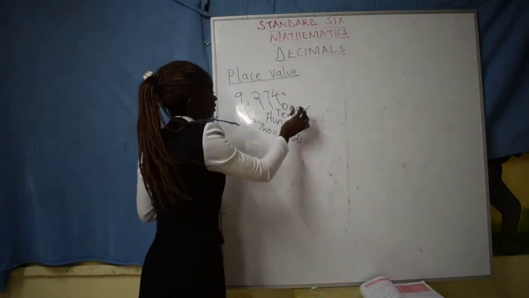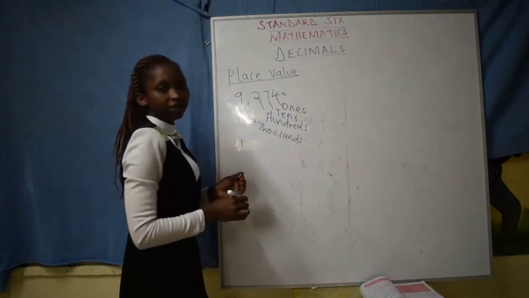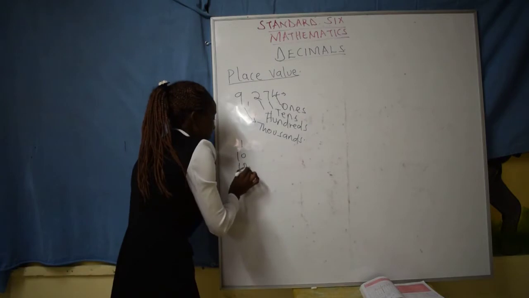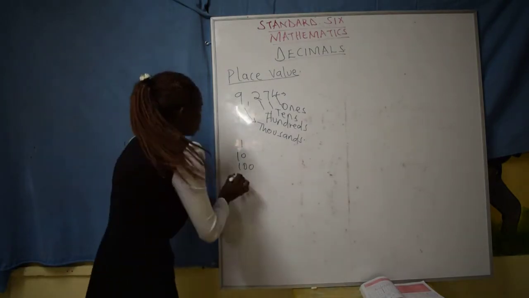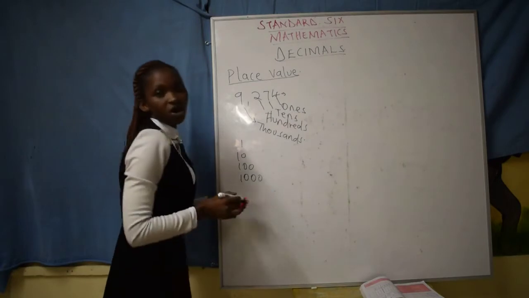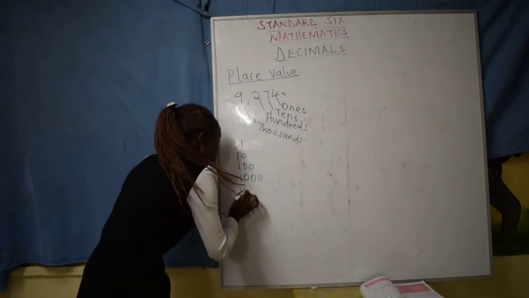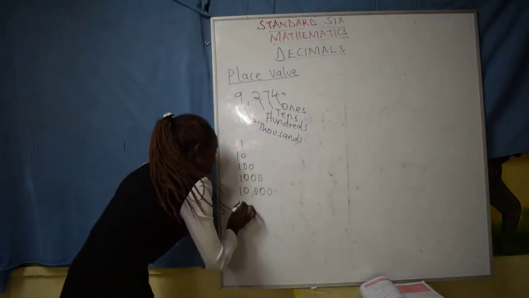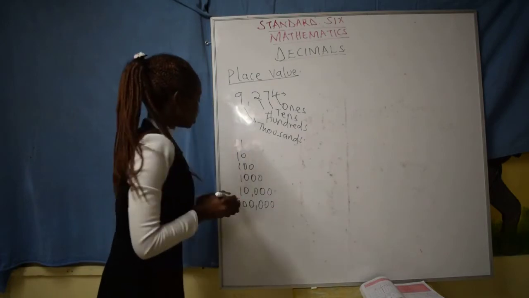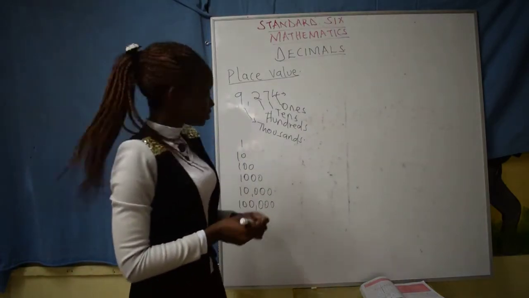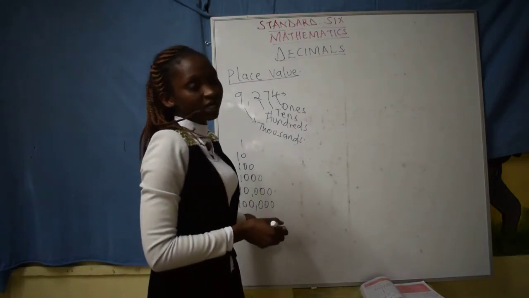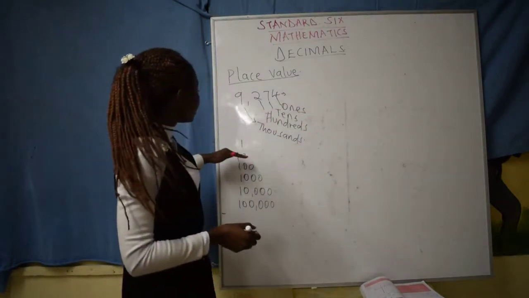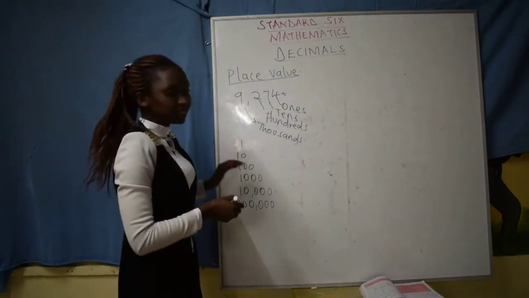Therefore, the ones here, we begin with 1, then we go to 10 with 2 place values, we go to 100 with 3 place values, we go to 1,000 with 4 place values, then we go to 10,000 which has 5 place values, then we also have 100,000 which has 6 place values, and lastly we have a million which has 7 place values. And now when we come to decimals, we can't begin with 1, we begin with tenths,